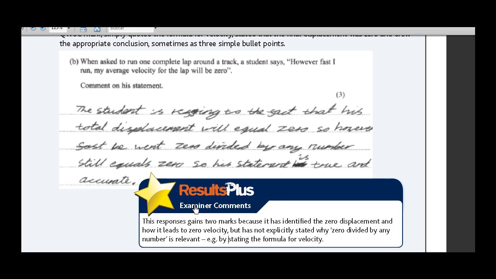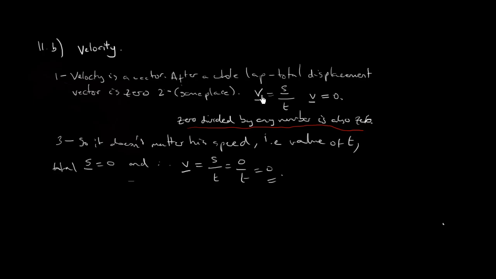The examiner awarded him 2 marks out of the 3, and he says here why. It says he identified the 0 displacement and how it leads to 0 velocity, but has not explicitly, and this is the key word here, stated why this statement that 0 divided by any number is relevant, e.g. by stating the formula for velocity. So he didn't include the formula which I included here, which makes the relevant statement